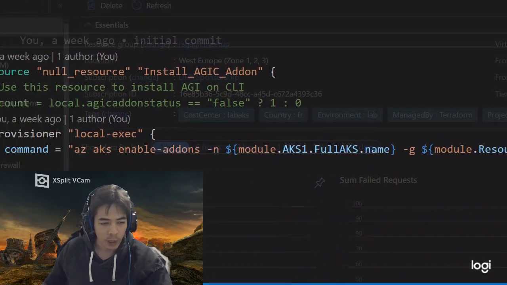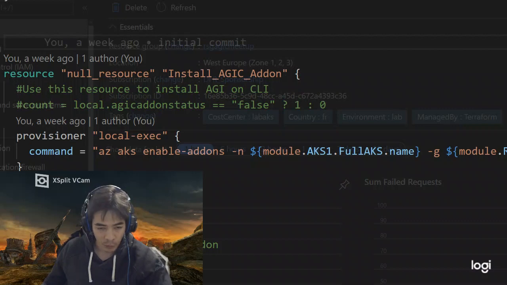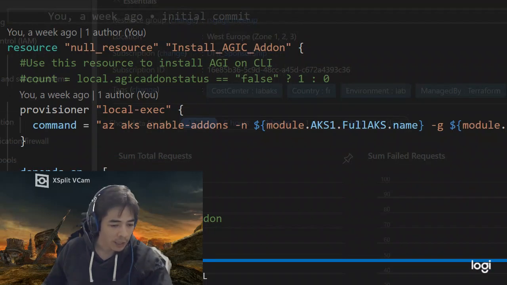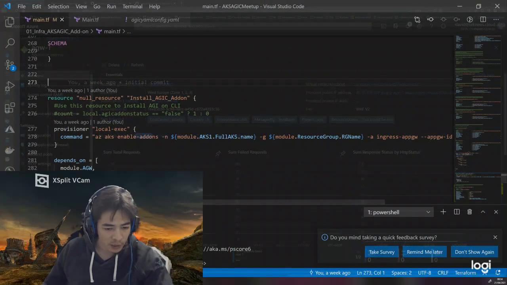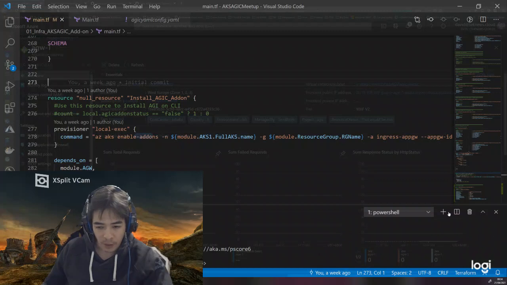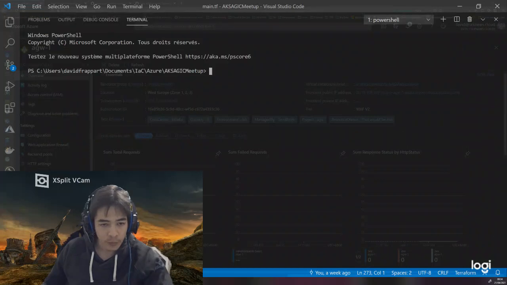That's why I'm doing that with Terraform, because, as I said in my presentation, I kind of embrace that, and there is also one advantage here. I can interpolate the output of my other resources, and by adding just a few dependencies, I'm sure that it will be added only after the application gateway and the AKS cluster are provisioned. In this specific case, I commented that beforehand. So now let's just do the installation by applying my configuration.